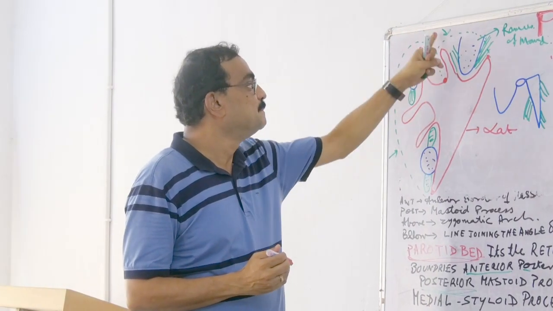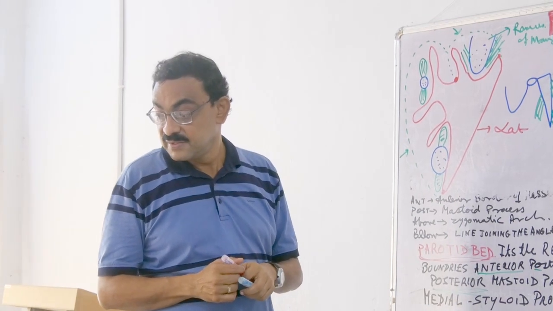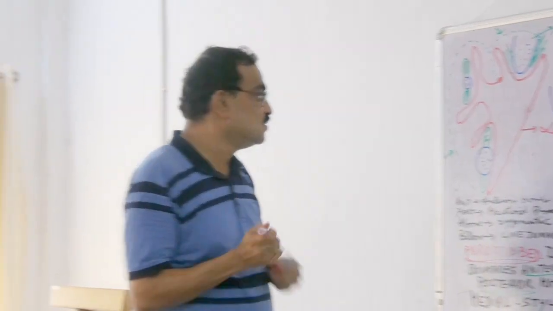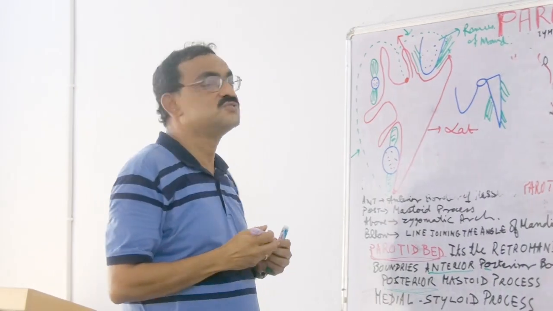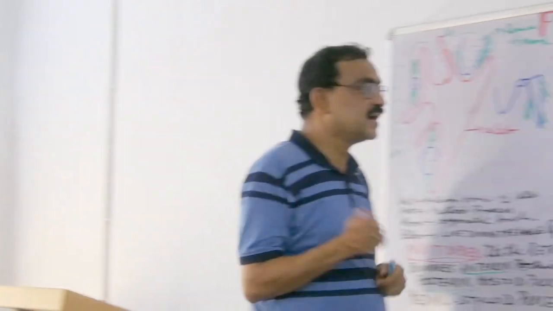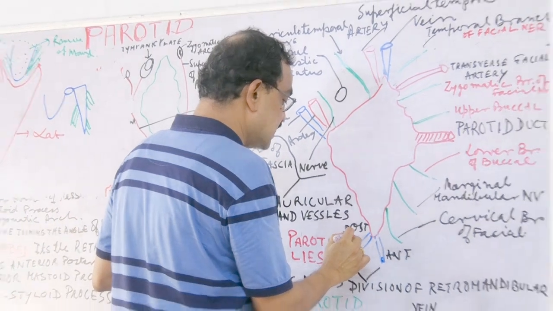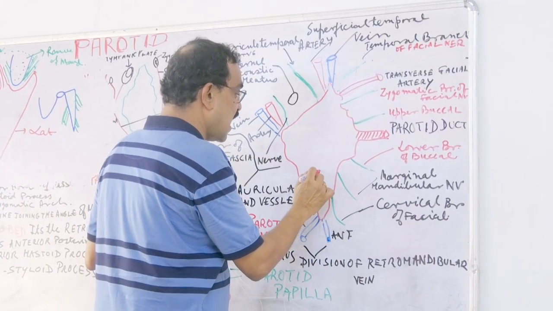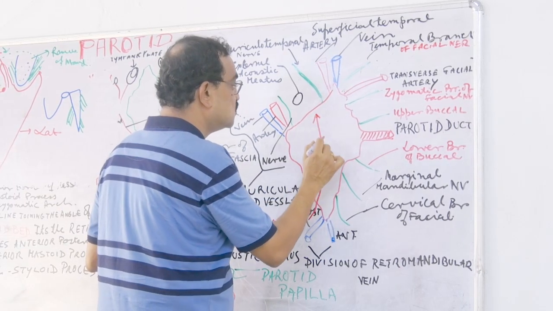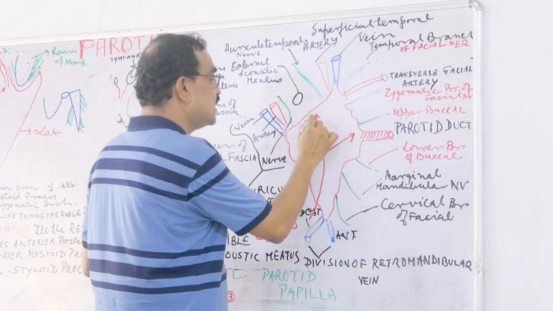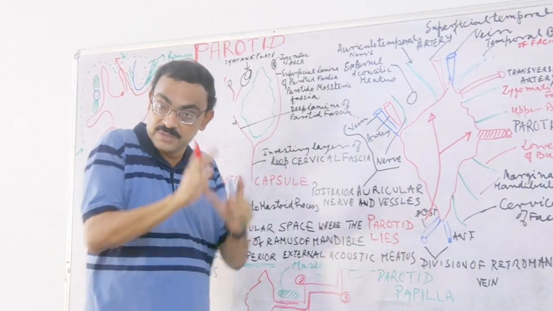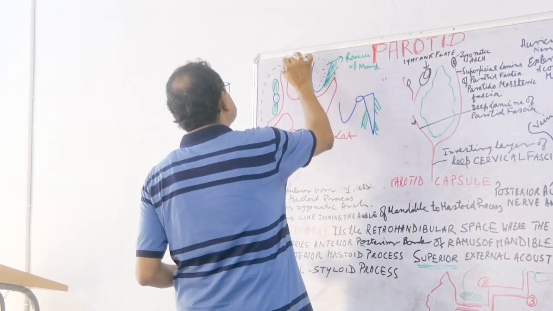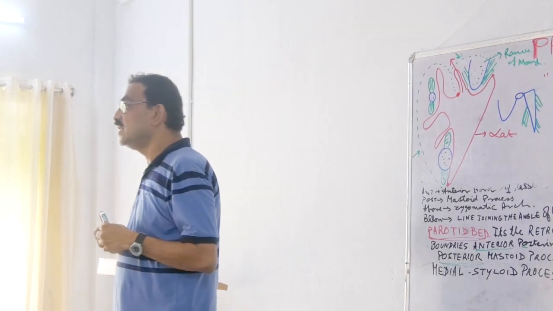Now this is the pterygoid process. And what is the implication of the pterygoid process? Through it the maxillary vessels move. Within the gland, the external carotid artery enters, and within the gland it divides into two parts. One is the superficial temporal artery that we can see, and another is the maxillary artery within the glandular substance. And this maxillary artery comes out through this pterygoid process and enters into this area,